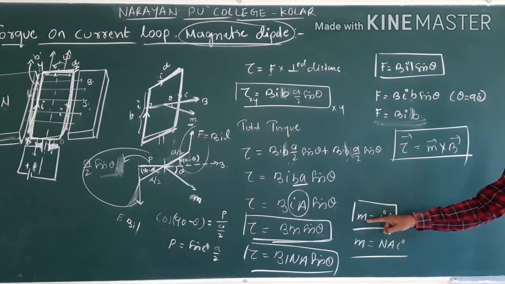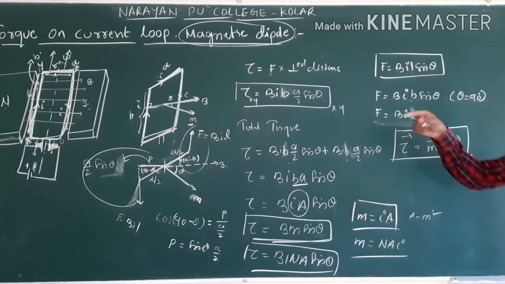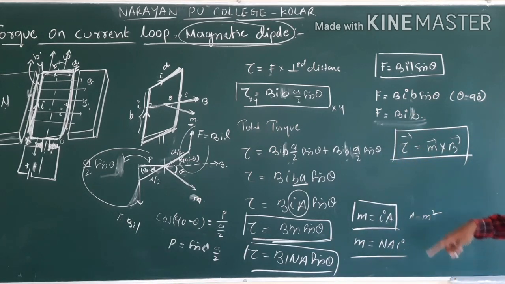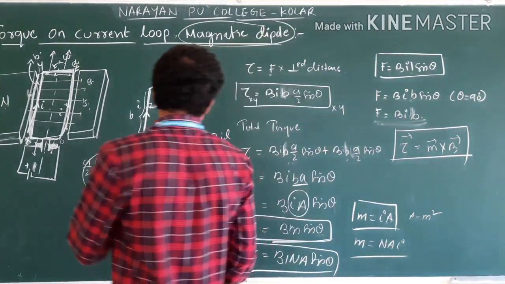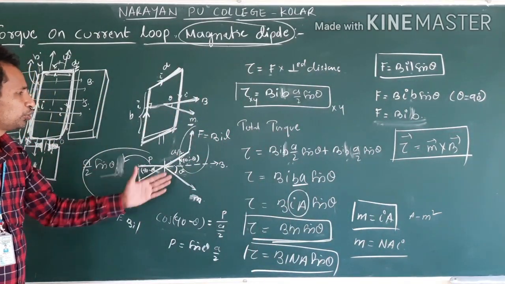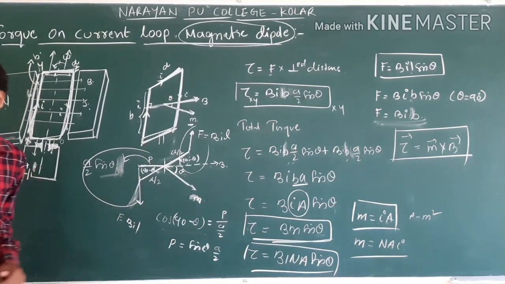These two: magnetic moment is a vector quantity. Magnetic dipole moment is a vector quantity. We will sometimes call it the magnetic moment or the magnetic dipole moment. Clear? It is a vector quantity. The unit is ampere meter square. Understand? Please read the textbook. You will come to know what these are, and why I have taken these figures. Clear?